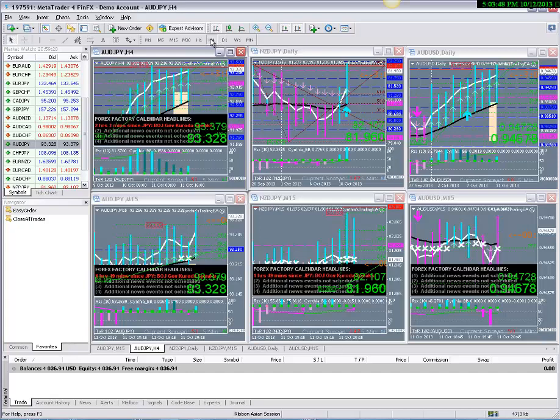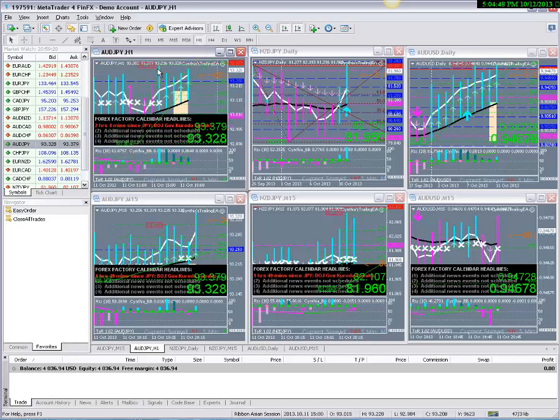I drill down to the 4-hour, and you can see the Forex Factory Calendar headline popped up because the settings I have, it doesn't work on a daily chart, but you can change that if you want to. Then you see that the trend is very up and hanging around this sweet spot or minor key level of 93.25. Then you drill down to the 1-hour chart, and you can see for the last 5 hours it hasn't pushed too much further past this 93.25 minor key level, but this is a Friday chart here,